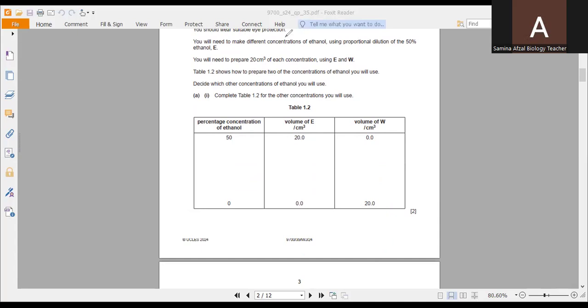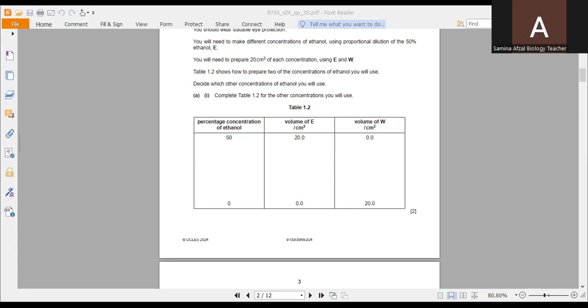Decide which other concentrations of ethanol you will use. So here, compare table 1.2 for the other complete. You have to complete this table. So they have given us two concentrations, the percentage concentration of ethanol, which is 50% and 0%. On the other hand, we have to make 20 cubic centimeter or 20 ml of the solution containing distilled